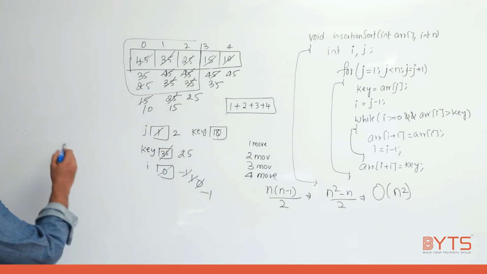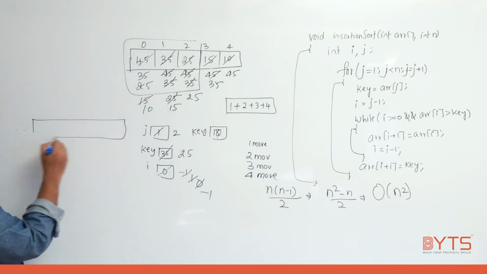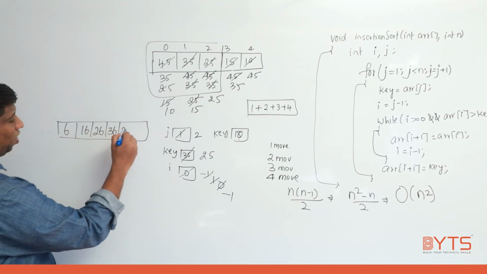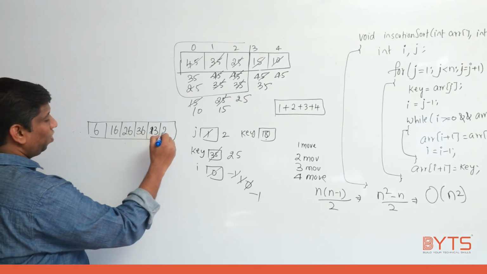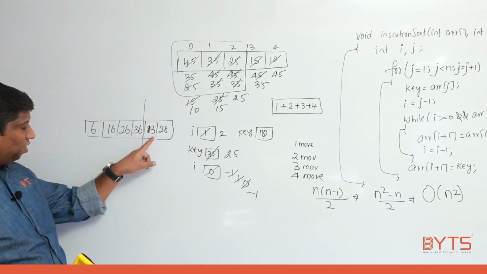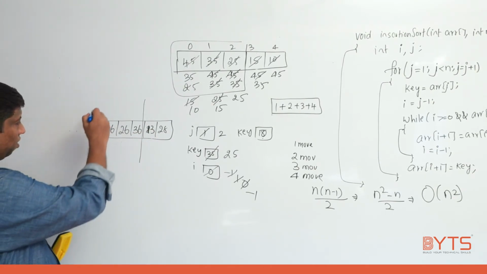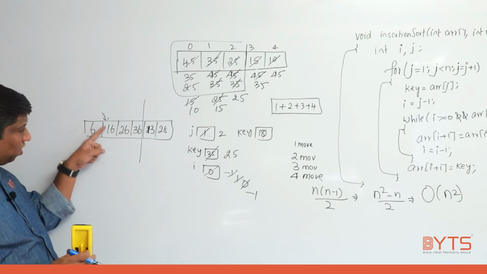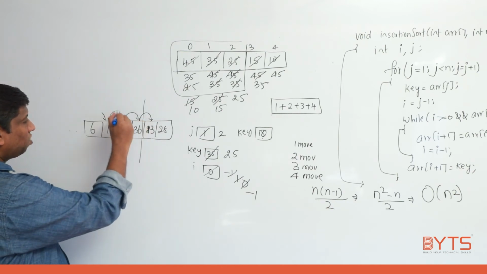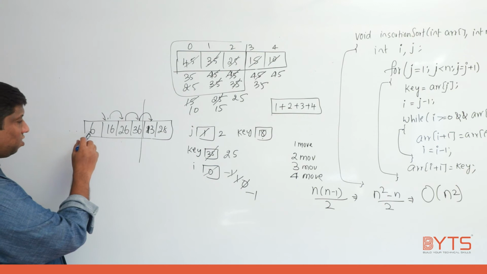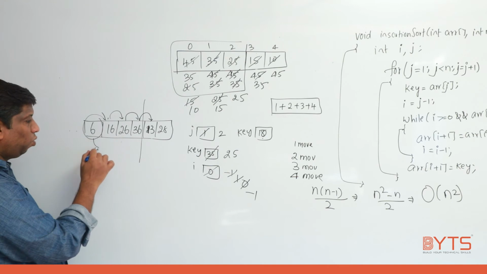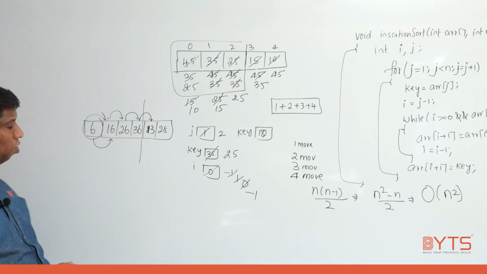See here, we have 6, 16, 26, 36, 20, let us take this is 13, 28. See, up to here the array is sorted. Now 13, the correct position of the insertion is here, right? Here I need to insert. If I want to insert 13 here, what should I do? 36 should move here, 26 should move here, 16 should move here. As soon as I reach 6, stop. I stopped at this location. That is the reason I need to increment here and I need to insert. Try to understand.